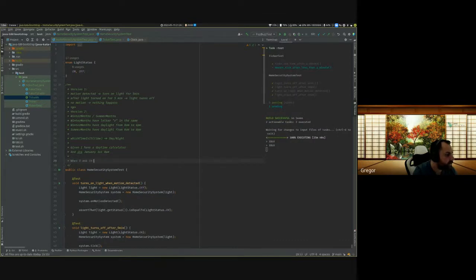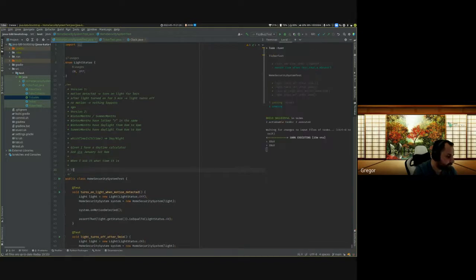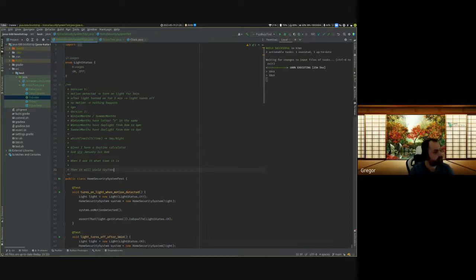When I ask it what time it is, then it will yield, and 8 a.m. is daytime. Something like that. And I need it will probably be a table. Since it's a function, it has only one input and outputs. Based on that, I want to have a table